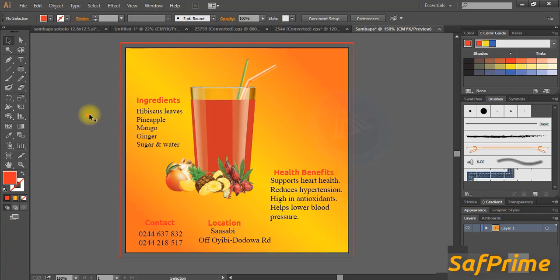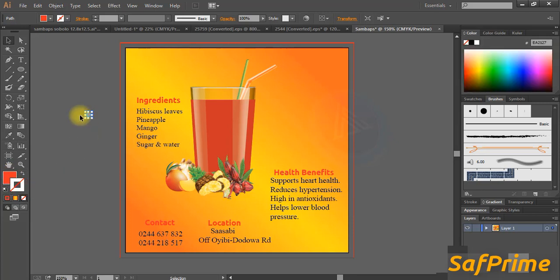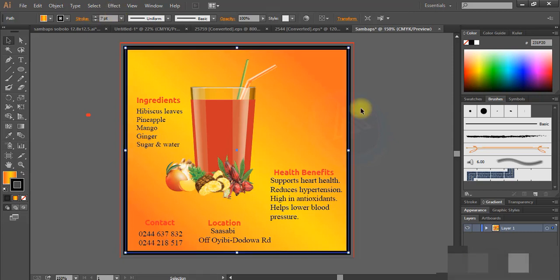Good. Now let me quickly explain this one. The fill means that is the color of the item. Now the stroke is the outside. So let me click on this. Now you've seen that the stroke is out. Let me increase it. And then yes, that is the stroke